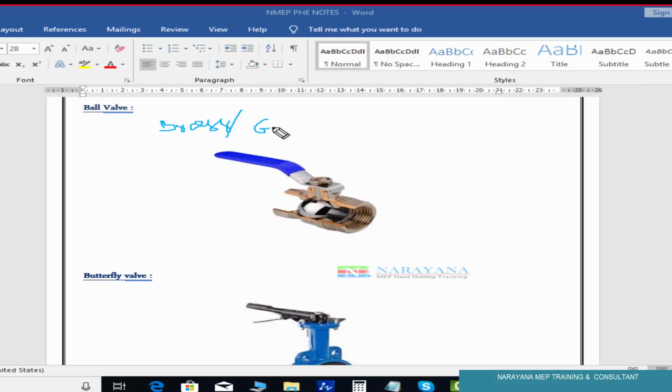Clear now. Nowadays plastic also came. CPVC is there, but that we will use in residential, very less. It's general, not that strong. So in projects we will not use it, only in some houses, 2 floor, 1 floor, and that we will use it.